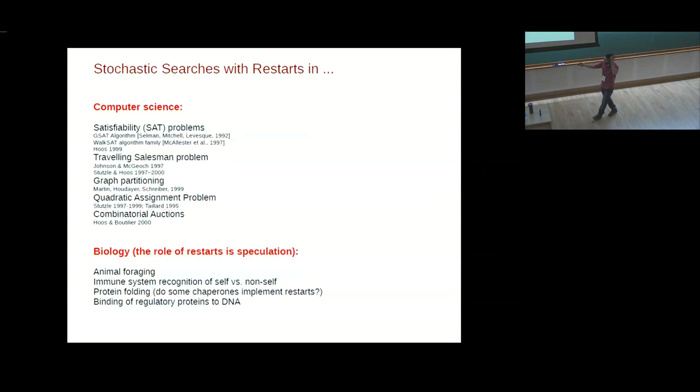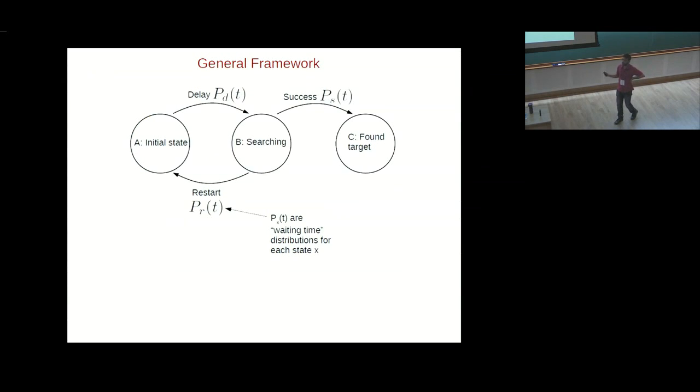There are similar kinds of problems in foraging for food and so on. People have talked about this to some extent, but it's still at a vague level. So the biology connection is a little bit speculative at this moment, but that's where we started thinking about this. So let me move on to talk about the general class of systems that I'll be interested in,